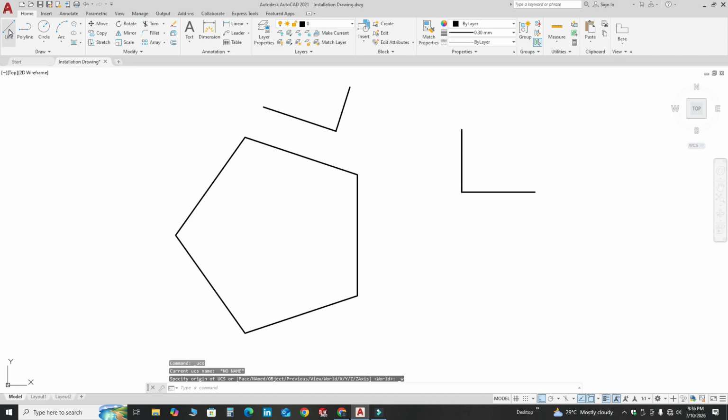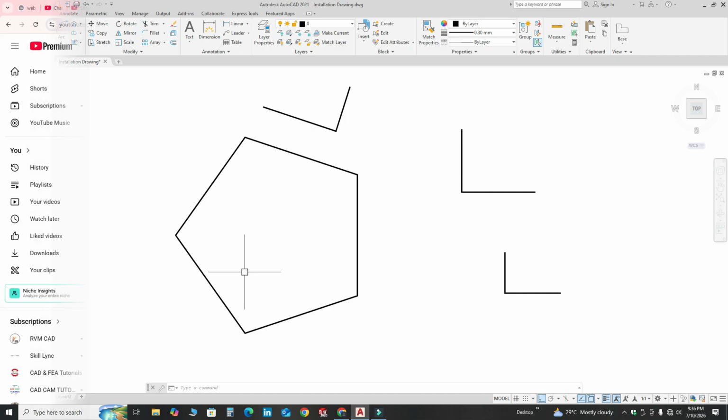And now we can create similar lines like this because the user coordinate system is back to the world coordinate system. So that's how you can easily change the UCS direction in AutoCAD. I hope this tutorial helped you understand not only how the UCS works but also why it is useful.